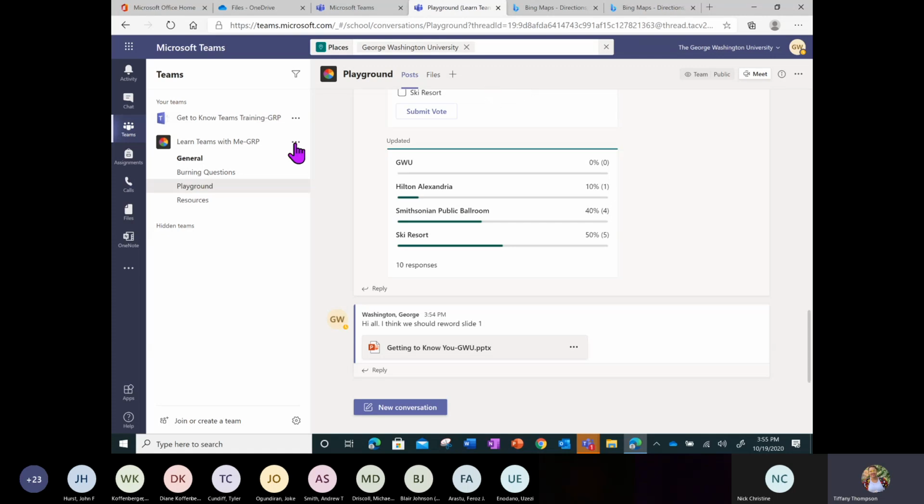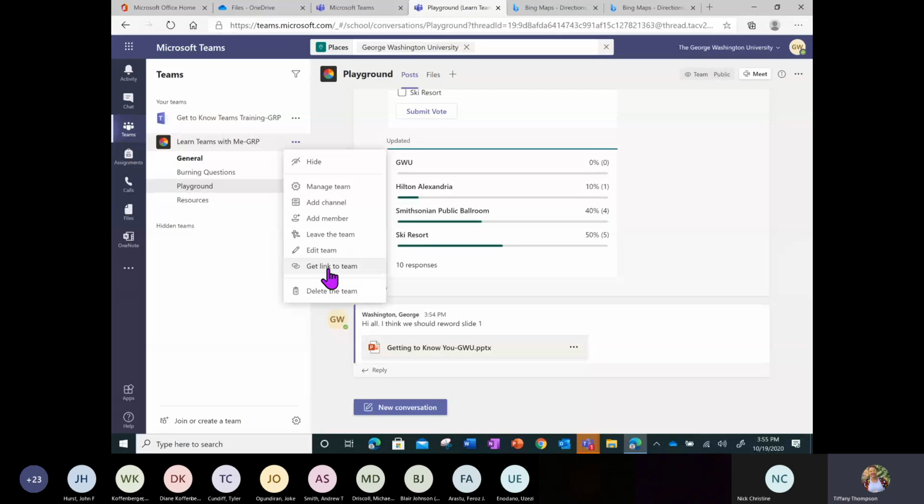So the first thing I wanted to make you aware of or show you is the contextual menu in Teams. On each team name, as well as the channels, you can access other tools related to that particular channel or team. For example, we looked at managing a team and adding a channel, but you can also add members from this menu. You can leave the team if you wanted to no longer be a member. I have the option as the owner to edit the team. You do not.